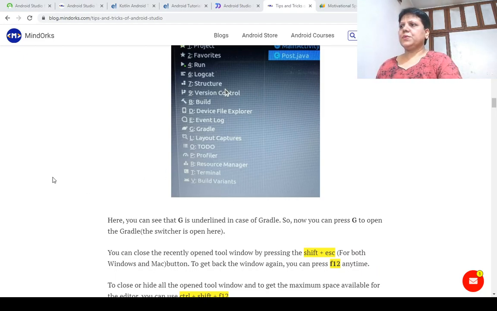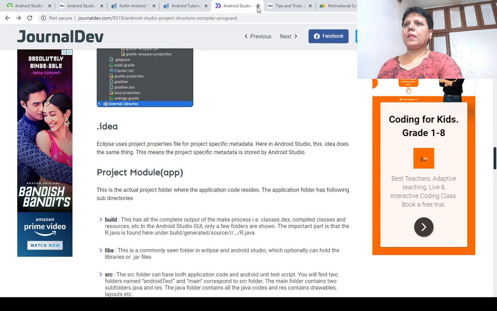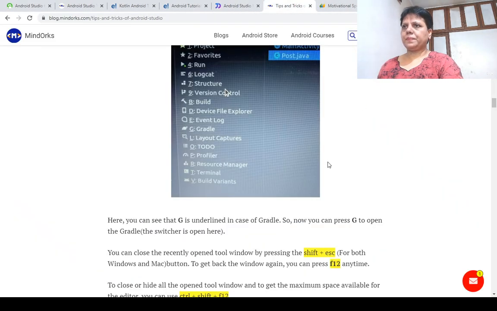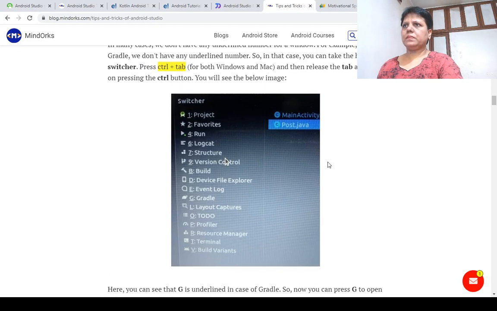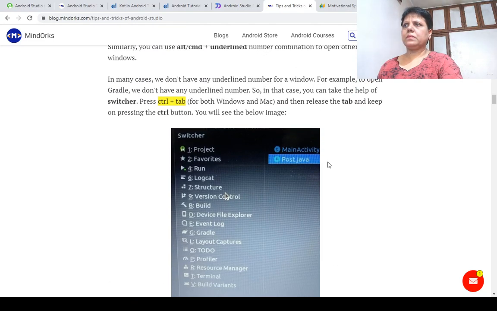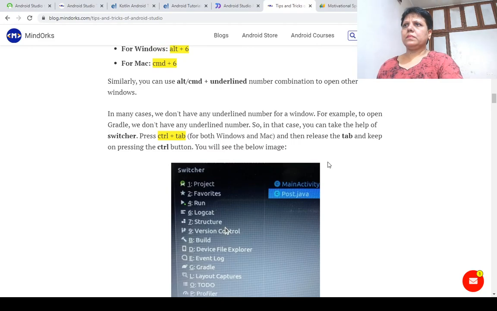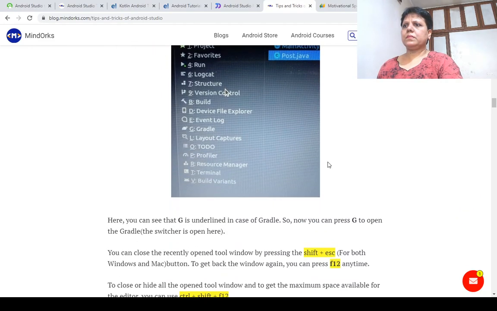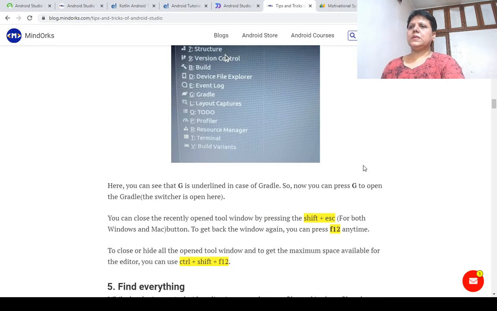If you press Control Tab, it will display this. Press capital G to open Gradle. If you press the first character, it will display all the controls.